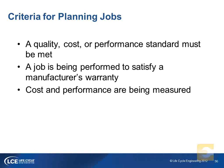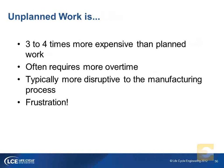Okay, so in the last bullet there, we have to put metrics in place to measure that. I've mentioned two of them: mean time between failures, mean time to repair. Those are very good metrics to understand our planning efficiency and effectiveness. The other one I'll talk about is planned versus actual, which is another very good KPI. Unplanned work is 3 to 4 times more expensive than planned work. And I think everybody online here will understand that